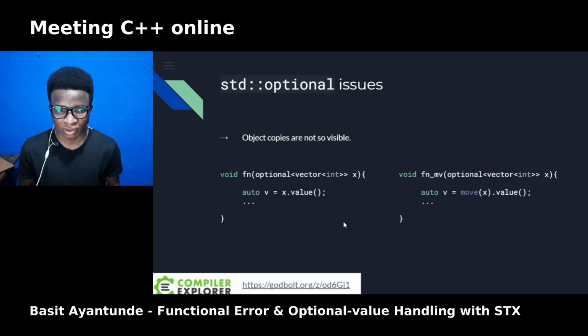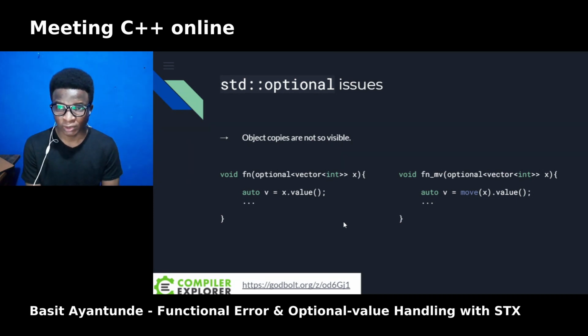Another issue with optional that I find very problematic in my code is its hidden copies. You can't be too sure of when copies occur within std::optional, as in the example here. If you check the assembly output for the first example, you'd notice that the containing vector is copied and memory allocation is performed even with optimization turned on.